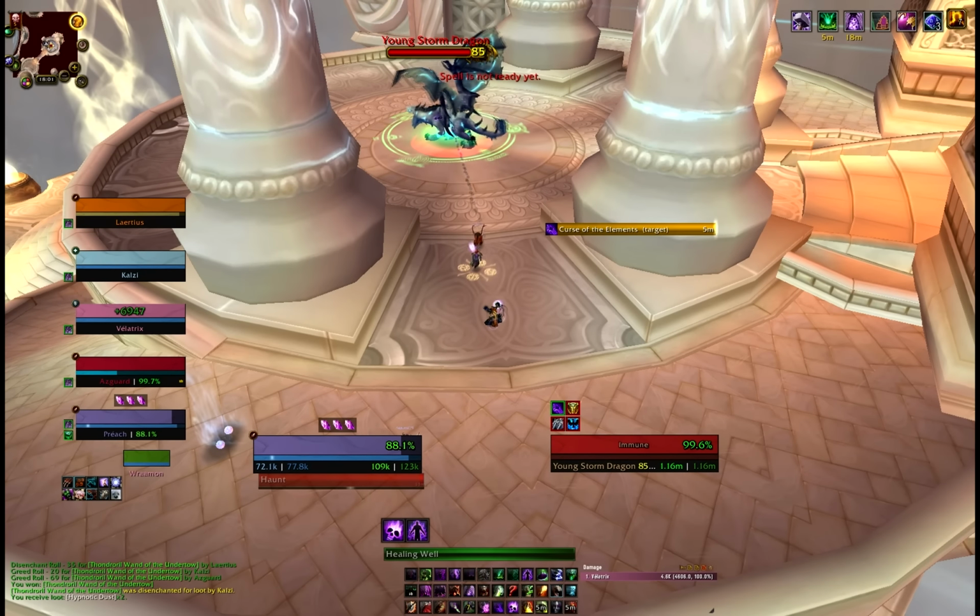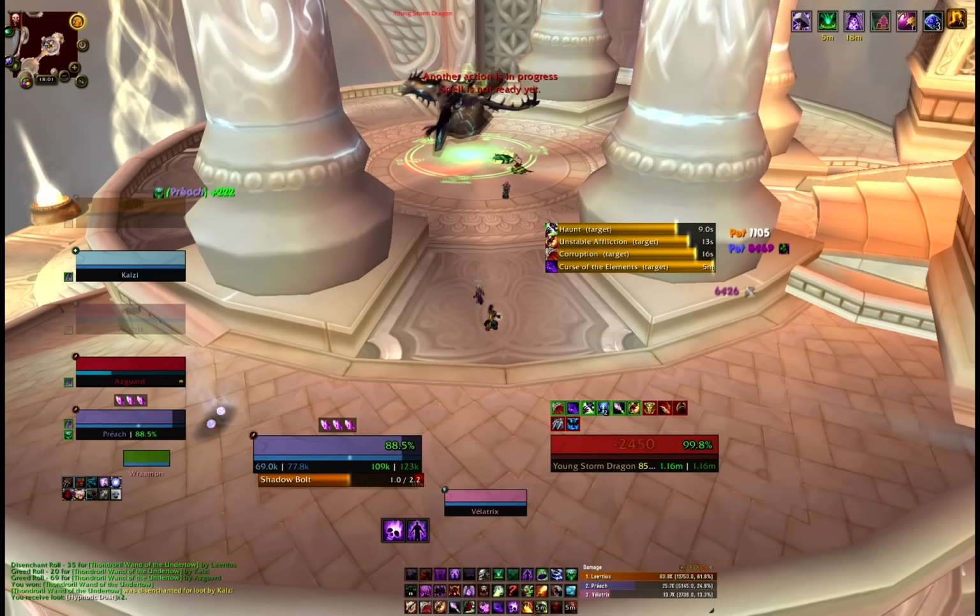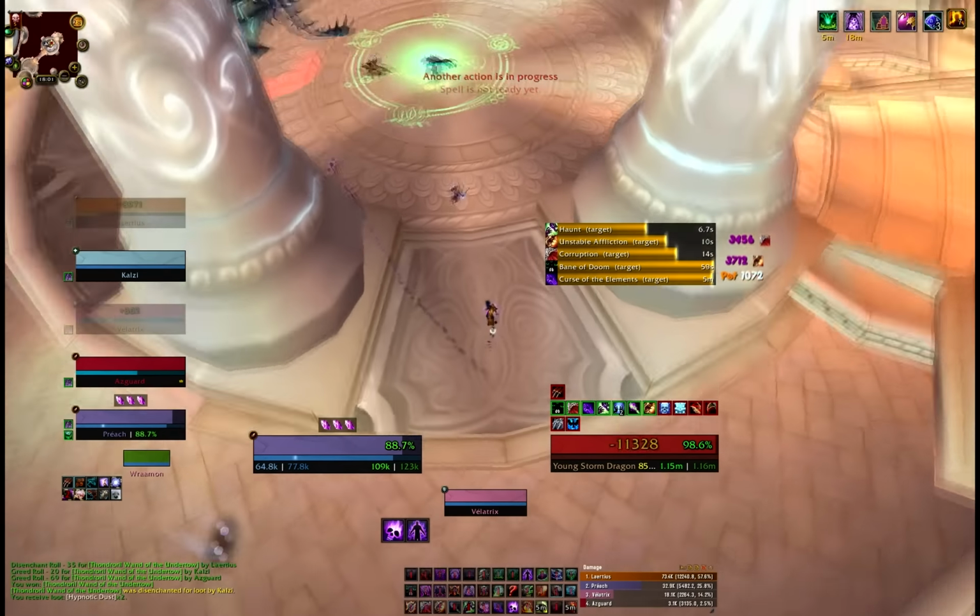Okay, guys? Really simple to understand idea is Bane of Doom can't be swapped to other targets. See if we can get the pre-pull going. We've got a pretty decent tank here, it looks like. Get our dots on. This one's going